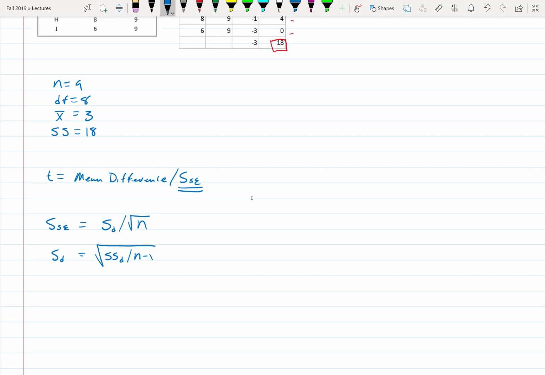Do we have the sum of squares of the difference scores? Yes, we do. So we're ready to go to work then. Just like I did the other one, we'll work this problem in that way. The first one is going to be 18 divided by n minus 1, and n is 9, so 18 divided by 8, square root of that, and that is going to equal